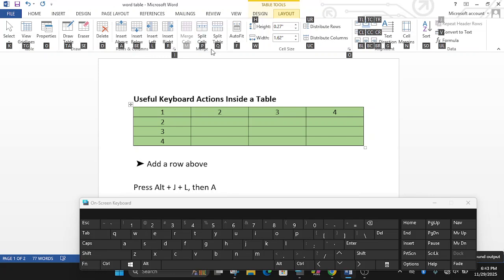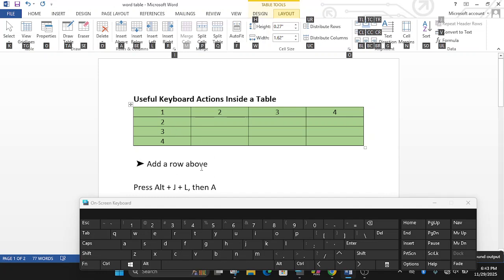There are letters here. For instance, A to insert above. It helps you to insert above the row 3. Letter B, it helps us to insert below 3. L, the column to the left, and R to the right.